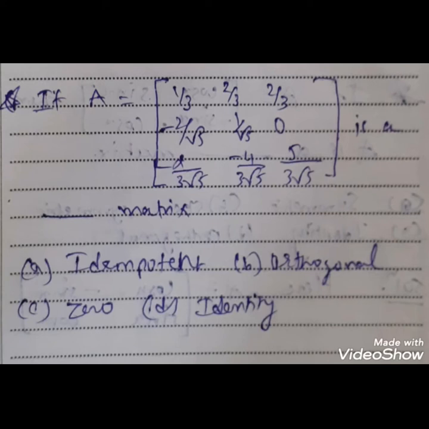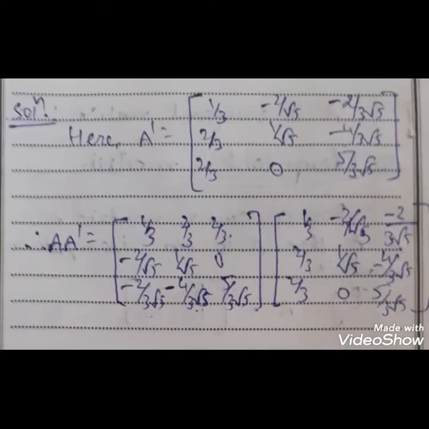Now for the idempotent matrix we know that A square equals A, and for the orthogonal matrix we know that A into A dash equals I. So first we check its orthogonality. Here first we take the transpose of the matrix. Here 1 by 3, 2 by 3 and 2 by 3 are the elements of the first row, so they are converted into the first column. Similarly, minus 2 by root 5, 1 by root 5 and 0 are converted into the second column,